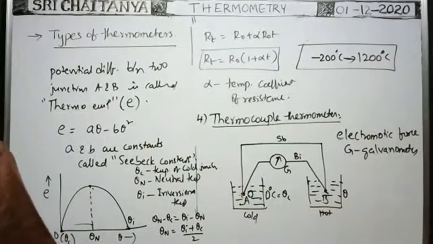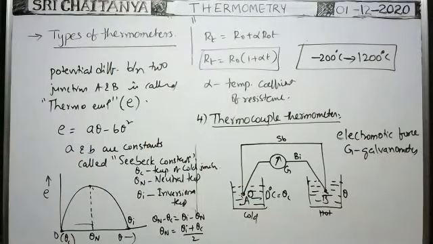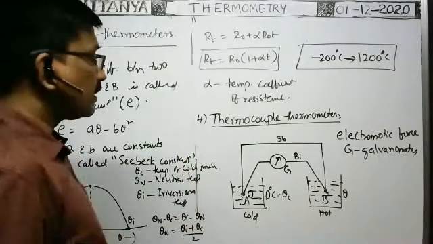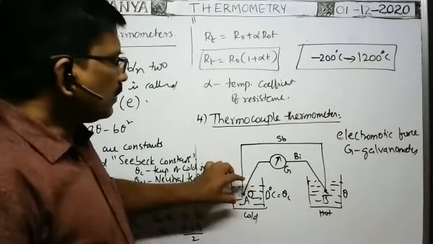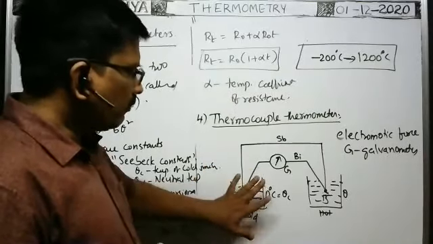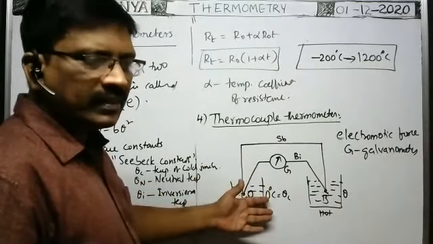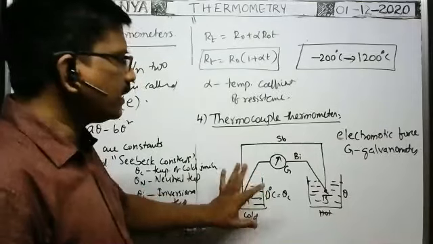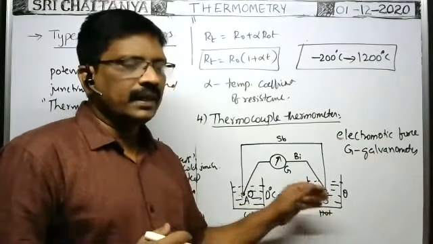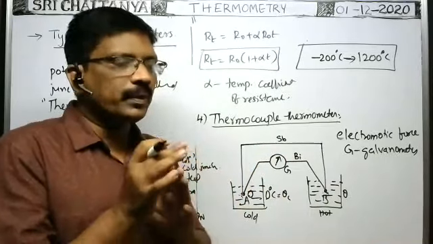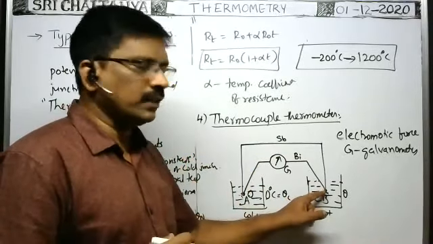So in this way, with the help of this thermocouple thermometer, we can measure temperatures very easily and perfectly, because one junction is kept at a constant temperature, which will be 0 degrees centigrade or whatever the value. It is the cold junction. The hot junction is this one. The body whose temperature is to be noted must be put in contact with this one.